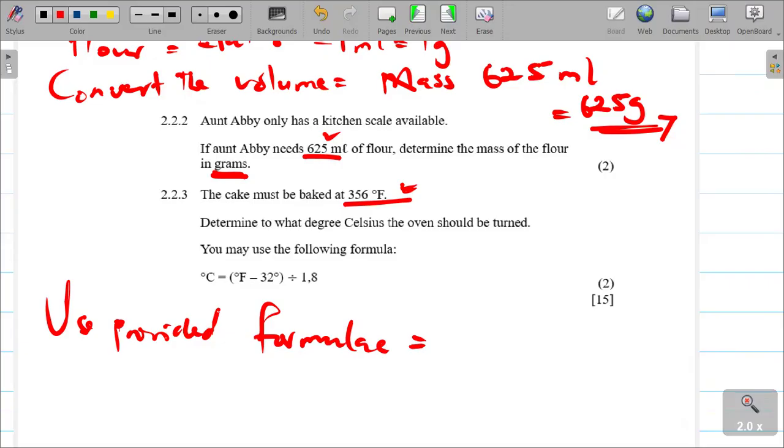The formula is given that C is equal to F minus 32